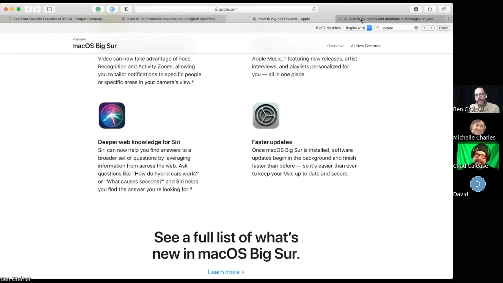Yeah. And one of the things I found interesting, this is a little technical, but I just wanted to share it, is Apple says that they learned both from iOS and from tvOS how to improve the update process in macOS. So they're touting sort of preemptively that we're going to see faster updates in macOS.